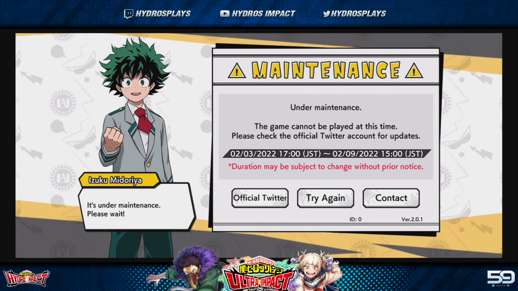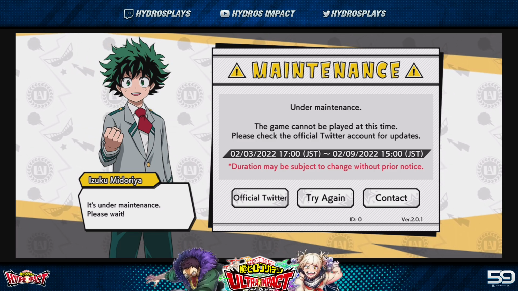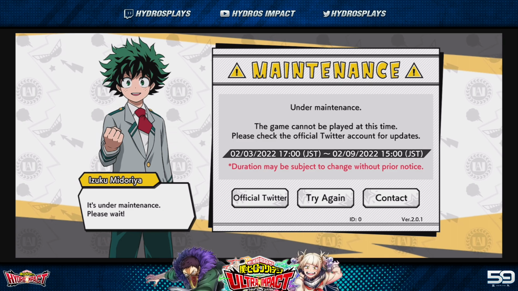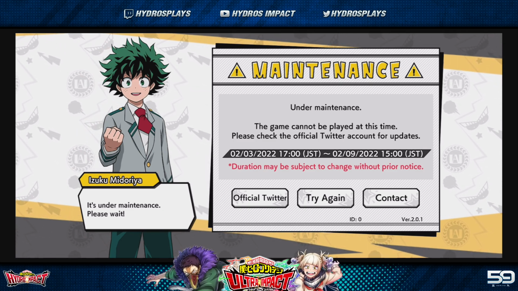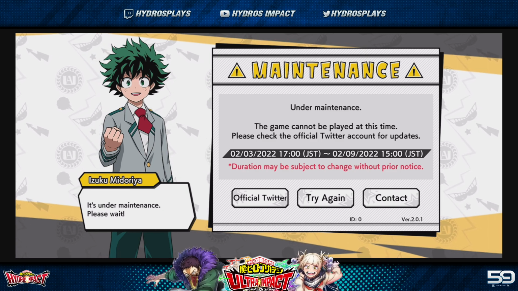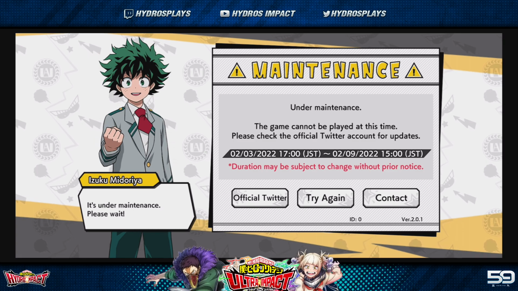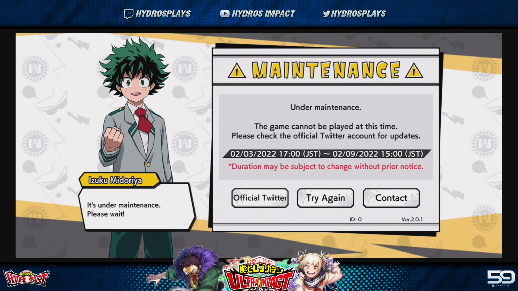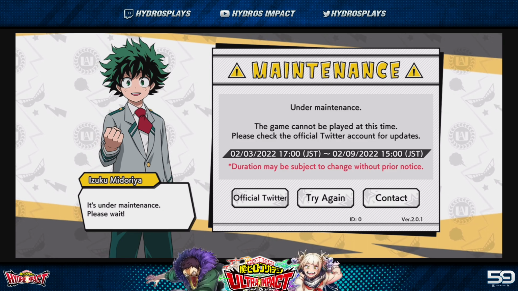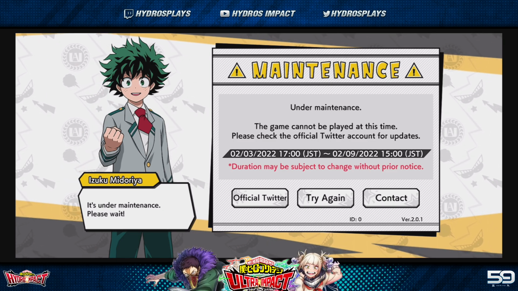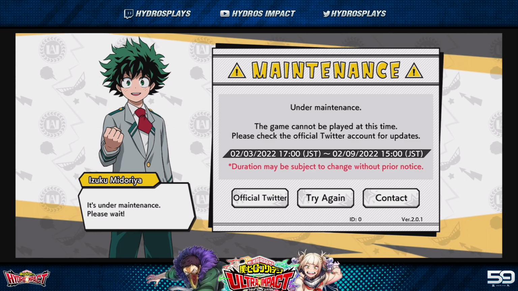So what if, again, this is pure speculation, by the way, right now, pure speculation. What if they let you transfer from JP to global? Again, this is just pure speculation, and this is going off of the fact that the global version of the game, at least on Android, judging by what it looks like, is identical to the JP game specifically, in terms of the package, the game, everything like that. So in terms of that, what if